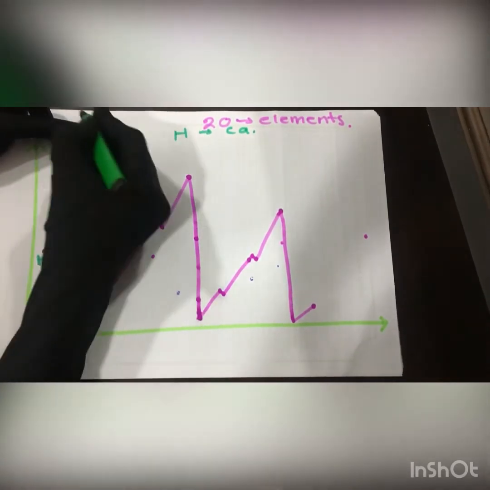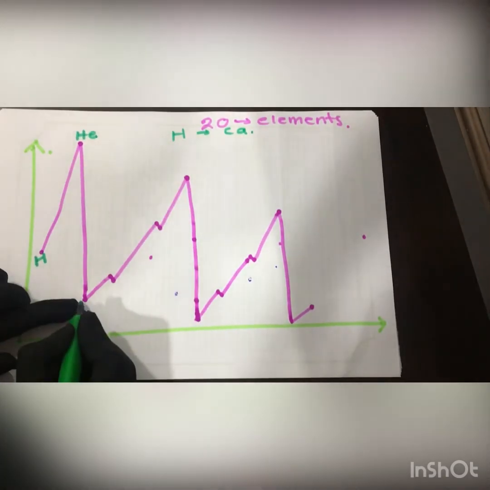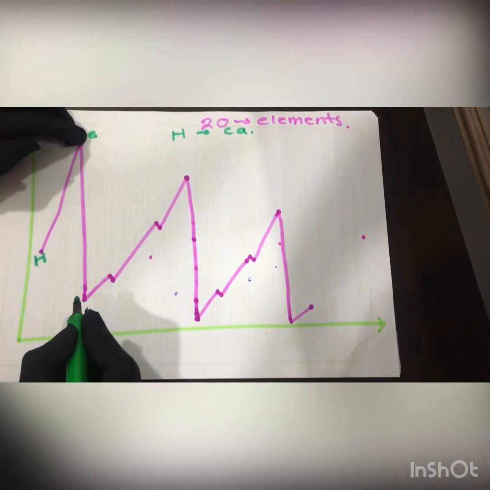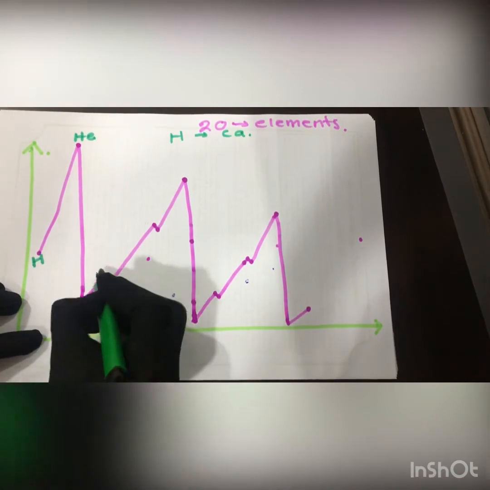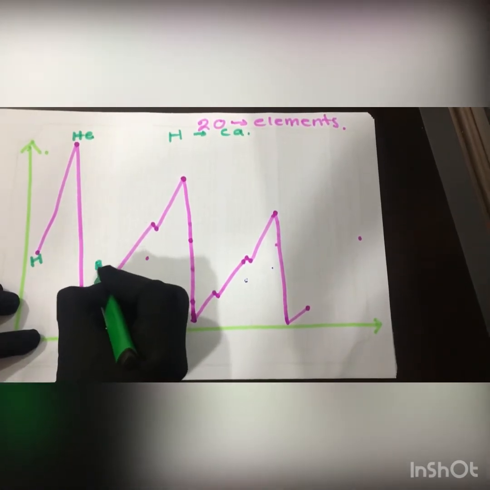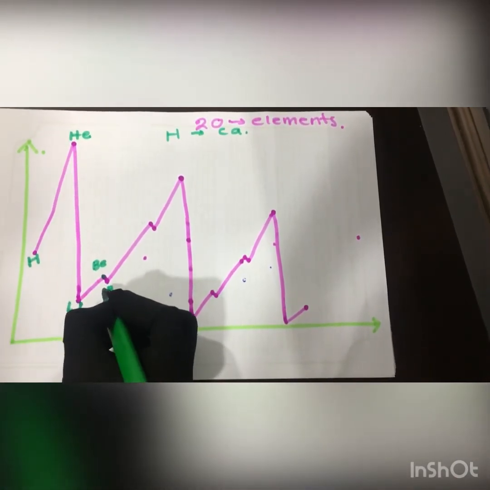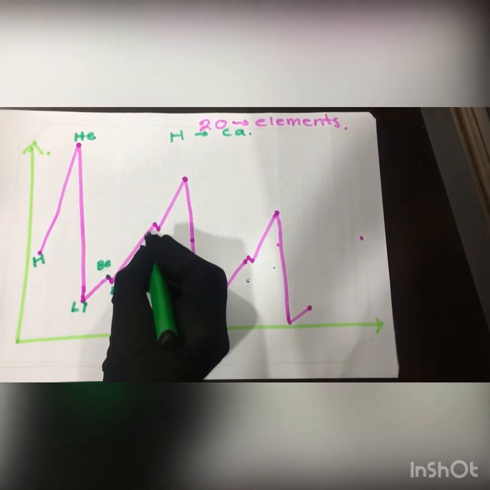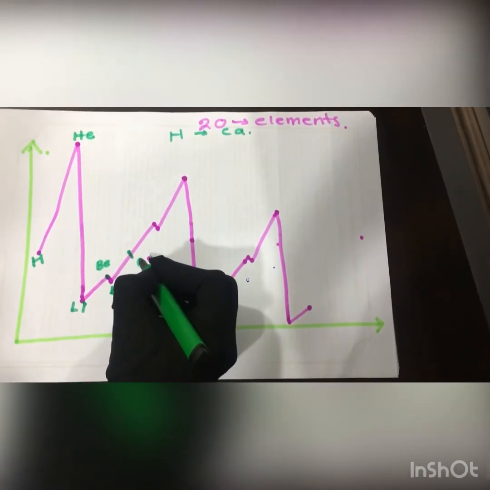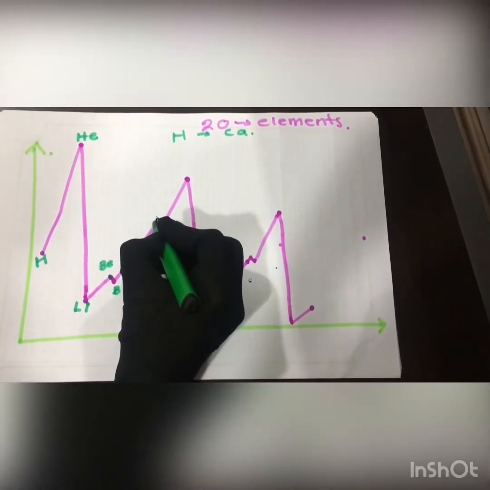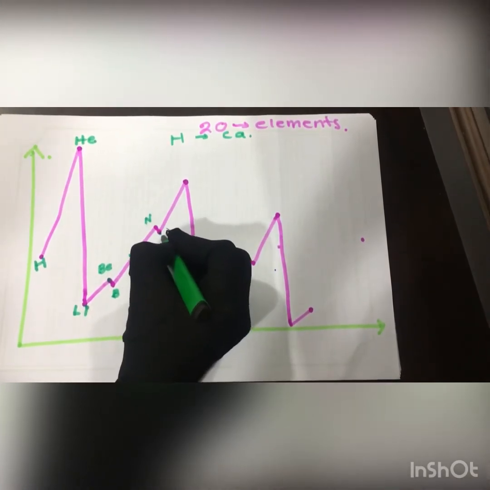And then here it is helium on the top. Then the first point is hydrogen, helium, and here it is lithium, and then at this point it is beryllium, and here at this point it is boron, and in the bigger raisement in the middle you can also mark one, that is carbon, and here this part is the nitrogen, and this part is the oxygen.